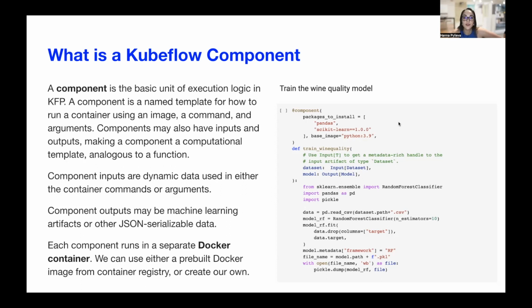And this is the component for training. And we can look at it. If you're a machine learning engineer or data scientist, you probably understand what this part of code does. That is actually what we do every day, probably, when we are doing research. We are calling scikit-learn, importing pandas, importing pickle, we read some data from some path, we create our model, we fit our model, and then we record some metadata for output and dump our model. So very, very basic things, but we have some specific